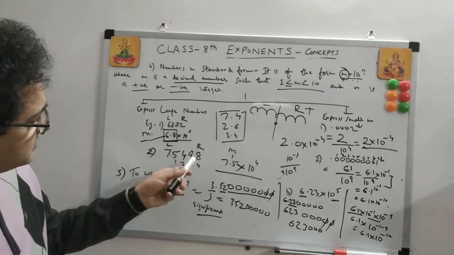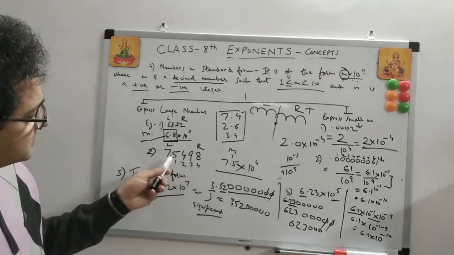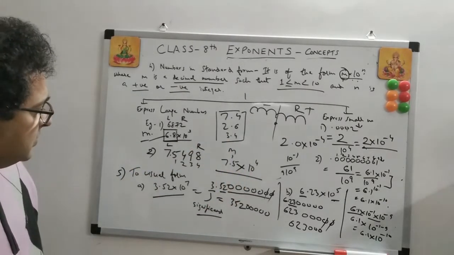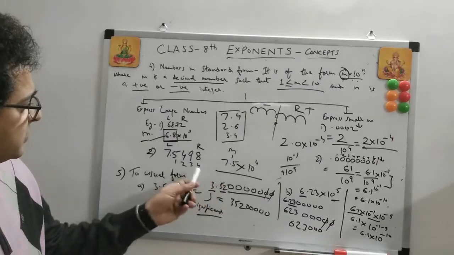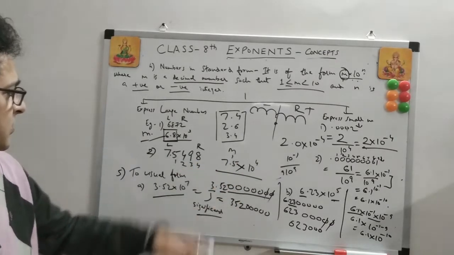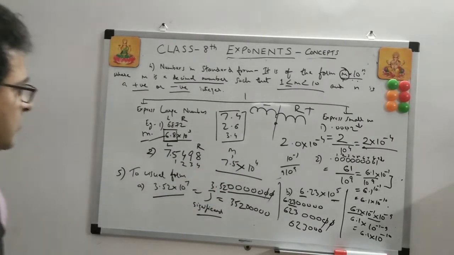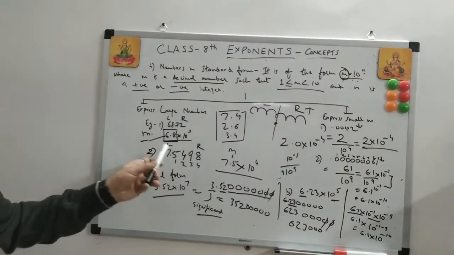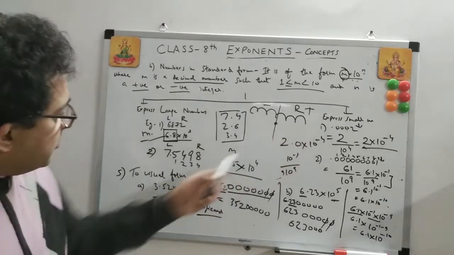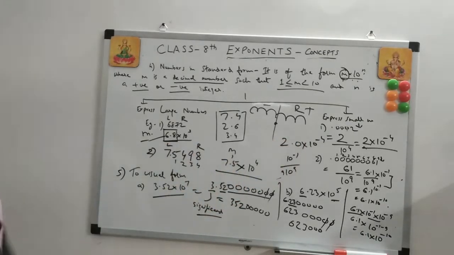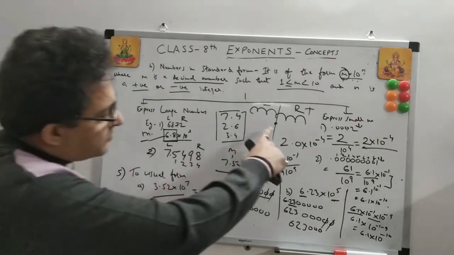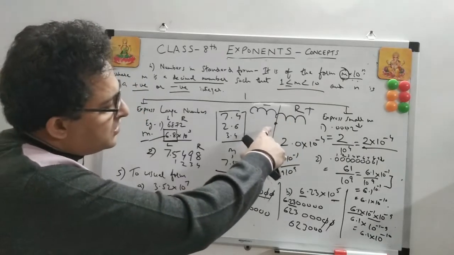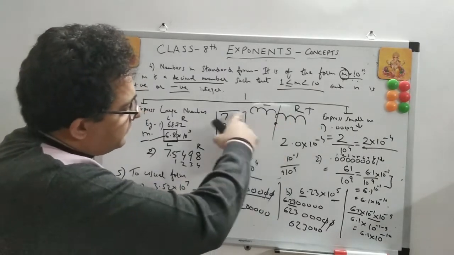The number of digits to the right of the decimal point, just put it this way. So this is 7.5 into 10 to the power 4. If it's a large number, and it's a small number, you form this form. This is basically already a large number, so you don't have to put in upon something; you just have to put this thing. Just remember: if you have to put a decimal number to the right, positive; to the left, negative.